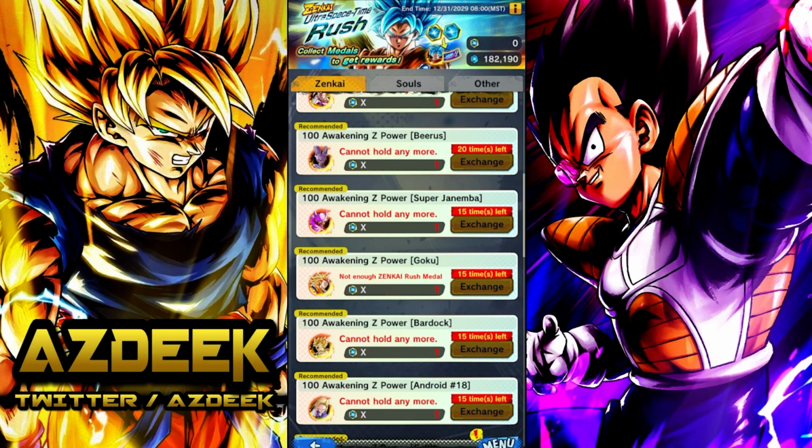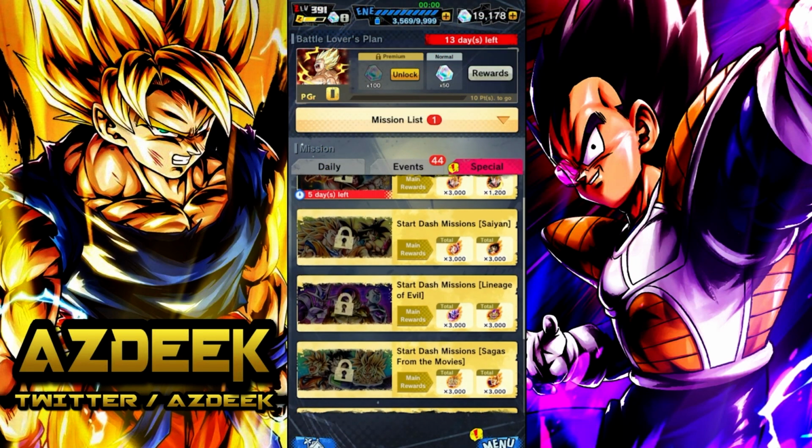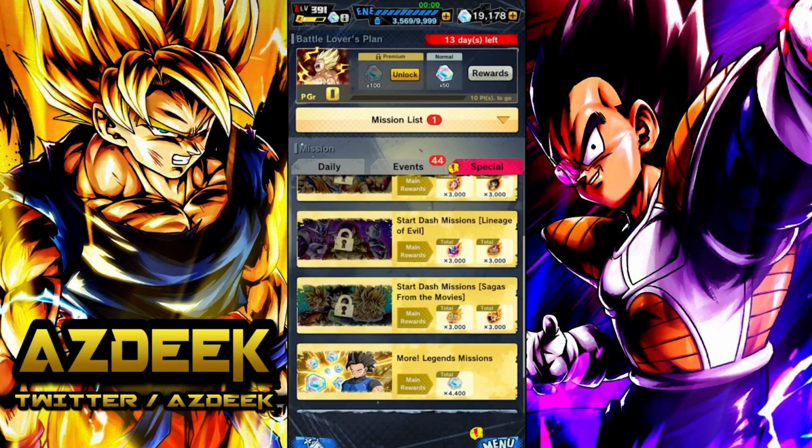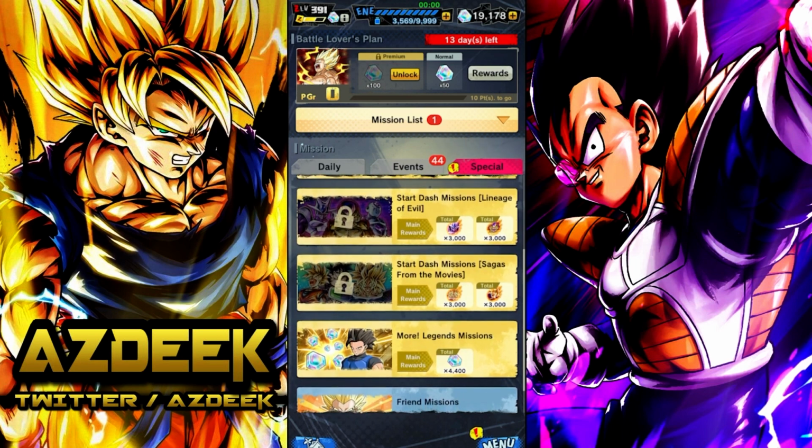So that's going to take you a little bit. Another thing to note about the Start Dash missions is that you have 3 separate teams, and each of them has a designated Zenkai character. So we went over Saiyans, how Super Saiyan 3 Goku is basically the character that can be Zenkai for free through the USTR shop. Lineage of Evil has Final Form Cooler, who can be Zenkai for free through the USTR shop. And then you also have Start Dash Mission Sagas from the movies, who has DBS Purple Broly, who can